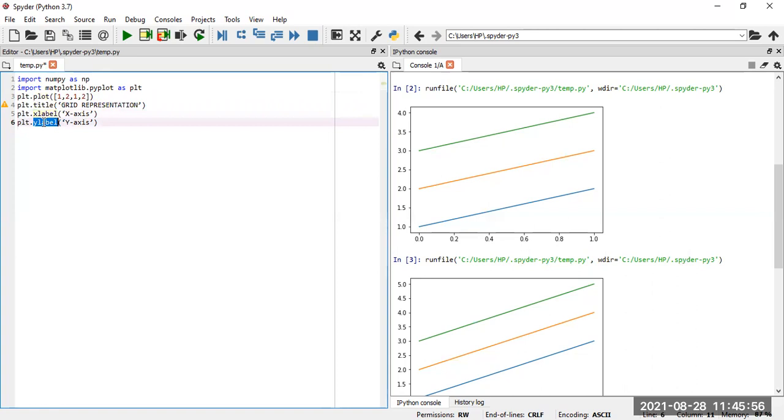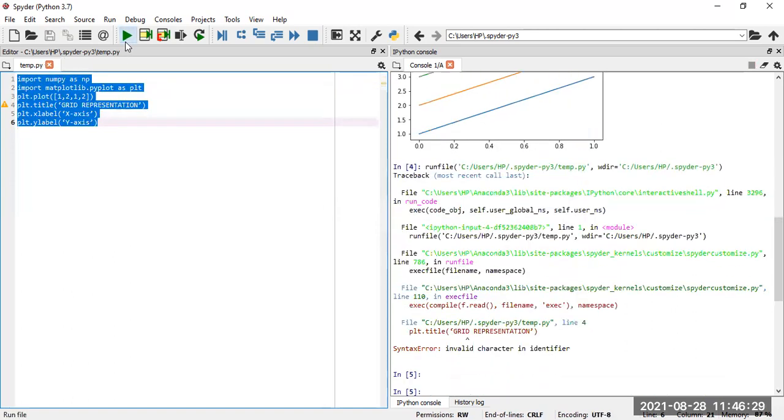So we need to be clear about what we want to do, and we are just writing that particular name. We are writing some name with plt.title. We are trying to plot some data with plt.plot. We are trying to give names to the x and y axes, so plt.xlabel, plt.ylabel, the labeling of the particular x and y axis. And all the time I am using plt, the alias name of the total package matplotlib.pyplot. Now, I am going to try to run this very simple code.